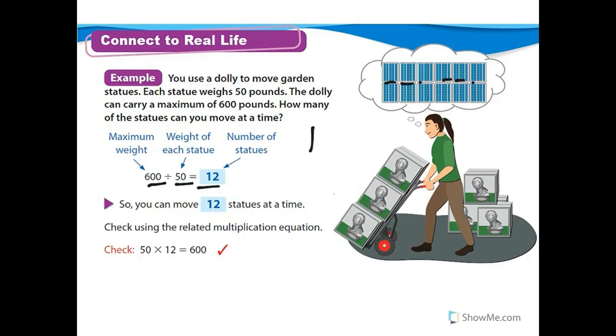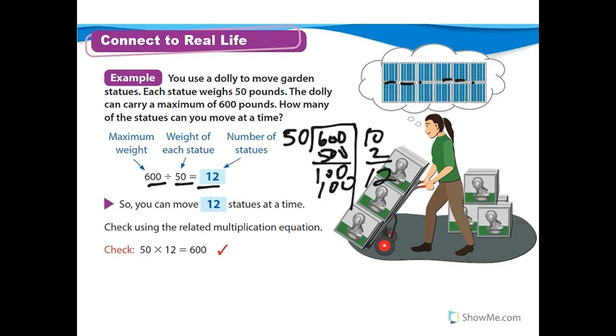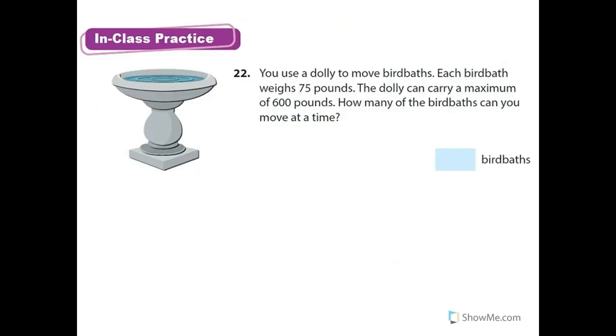And you know, if they used the division like this, we could do 10, which is 500, and then 2, which is 100, and get 12. All right, so either strategy, using the grouping models or this model, I want you to solve number